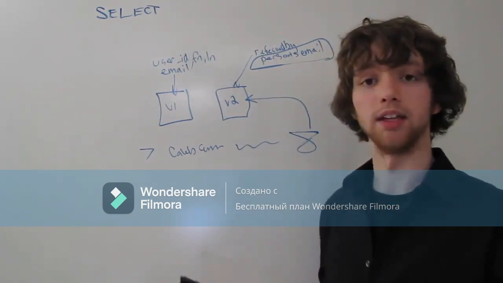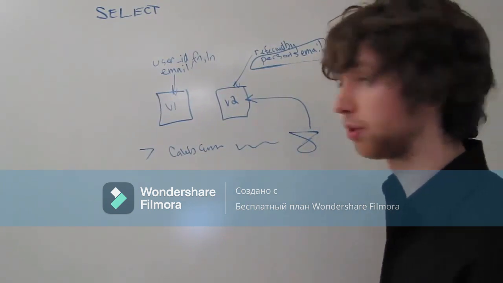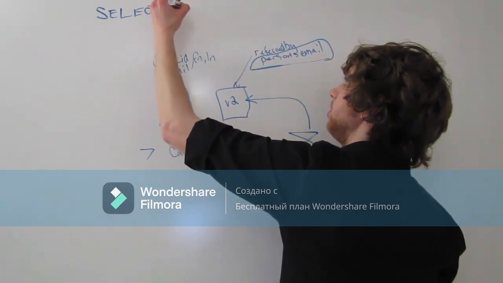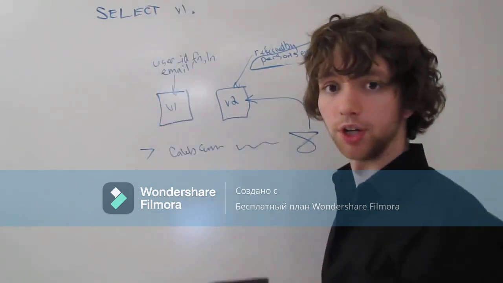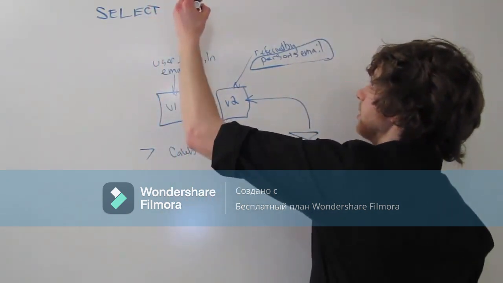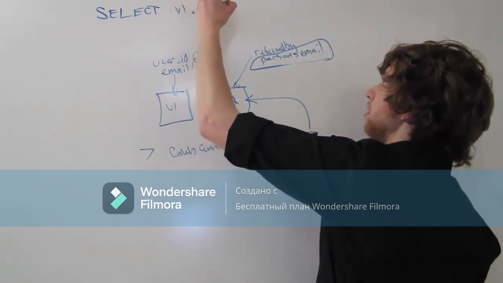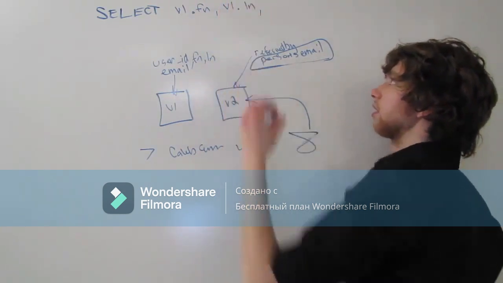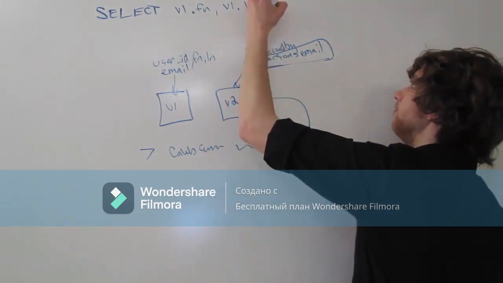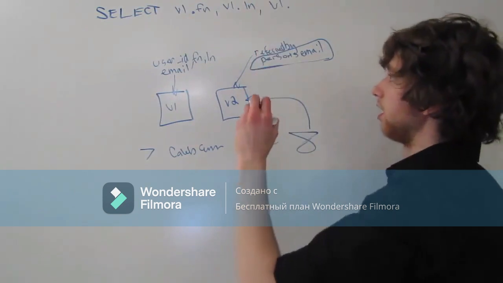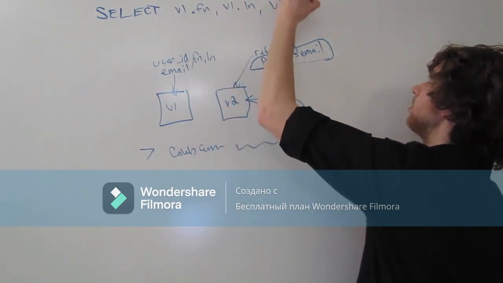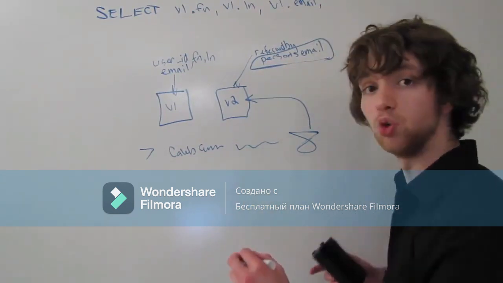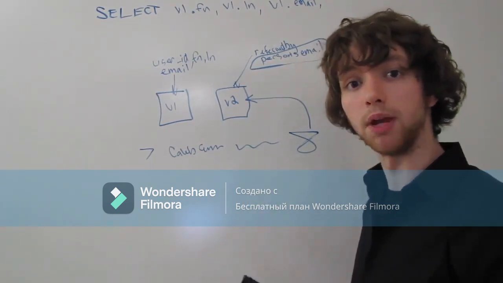And we can just use the alias name that we've made up. So we could say select V1 dot first name, comma, and then V1 dot last name, comma, V1 dot email, comma. Finally, we're going to take V2 and we're going to take that person's email, or you can do their